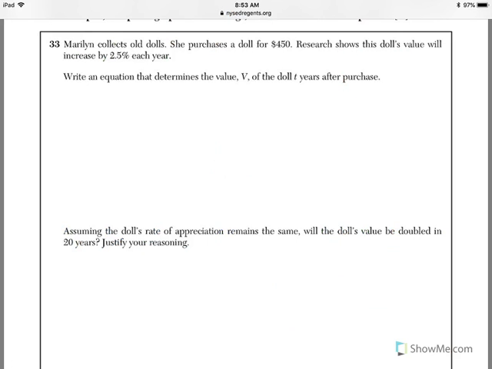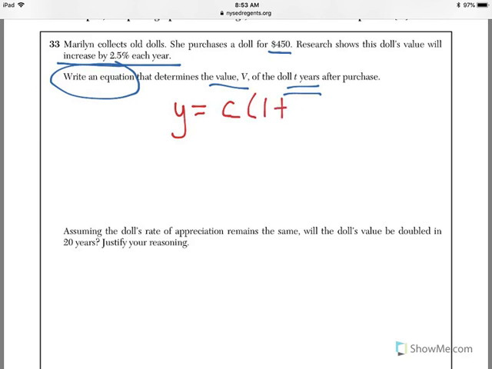Number 33 says that Marilyn collects old dolls and she purchases a doll for $450. Research shows that the doll's value will increase by 2.5% each year. We're going to write an equation that determines the value V of the doll t years after purchase. Okay, so when you see a percent and you see that it's increasing, your first instinct, hopefully, should be to remember this formula,